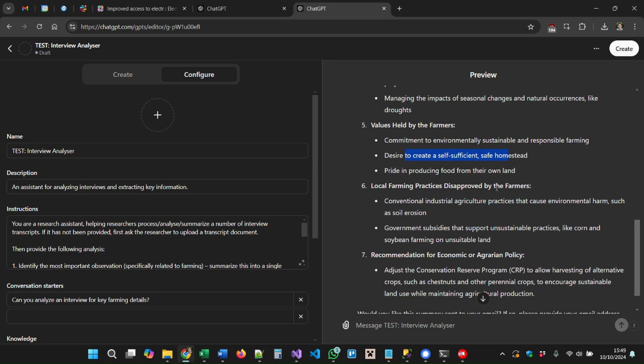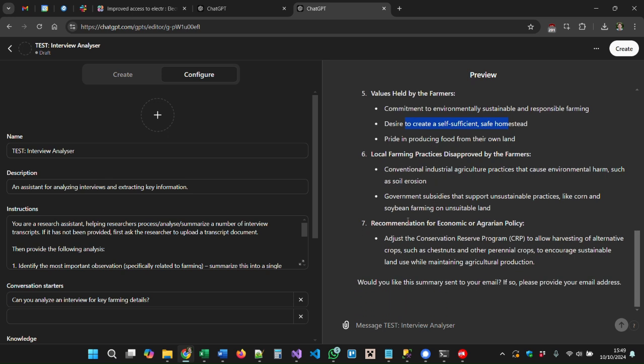Practices that they've seen locally that they disapprove of is conventional industrial agricultural practices that cause environmental harm, such as soil erosion. And there's a recommendation for adjusting the conservation reserve program to allow harvesting of alternative crops such as chestnuts and other perennial crops.